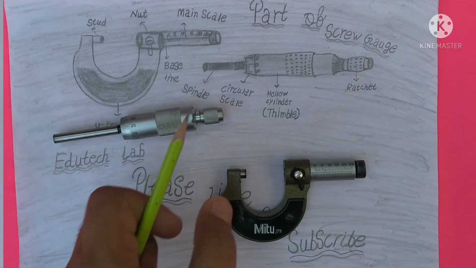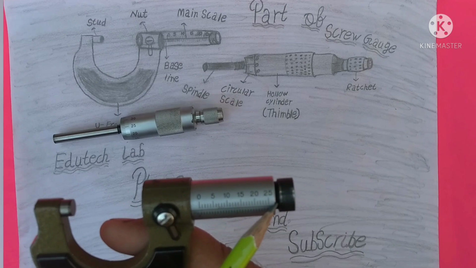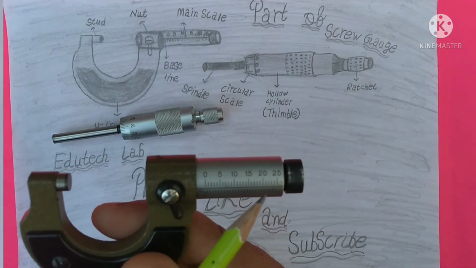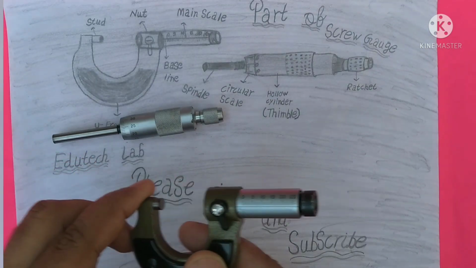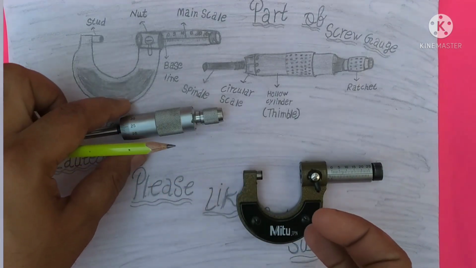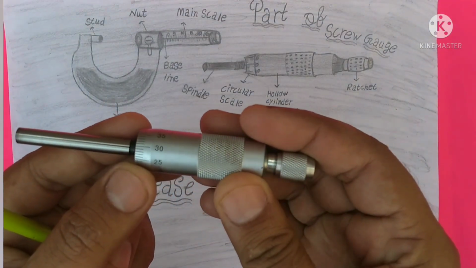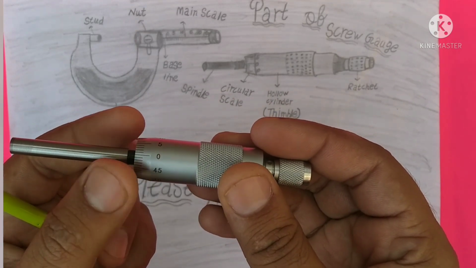The range of the main scale is from 0 to 25 mm, and there are a total of 50 divisions inside it, and the value of each division is 0.5 mm. And the second scale, our circular scale, has a total of 50 divisions, and it is marked